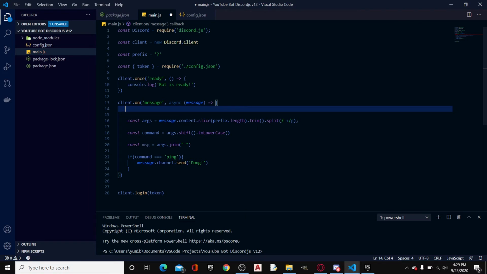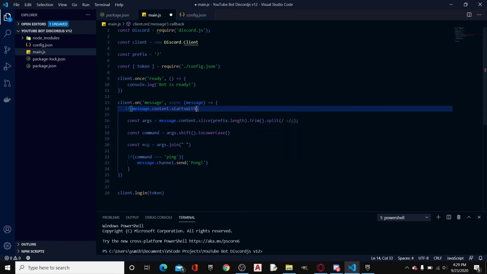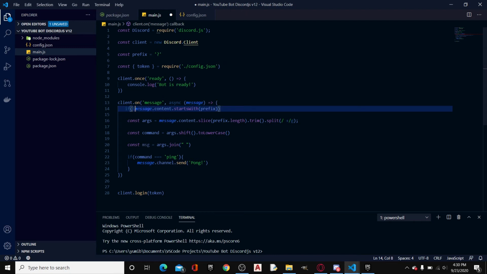So what we have to do is type if message.content.startsWith(prefix), and then put an exclamation mark at the front to reverse this, to basically Uno reverse card this. So this would be saying if the message content doesn't start with the prefix, and then also just to be sure we can type